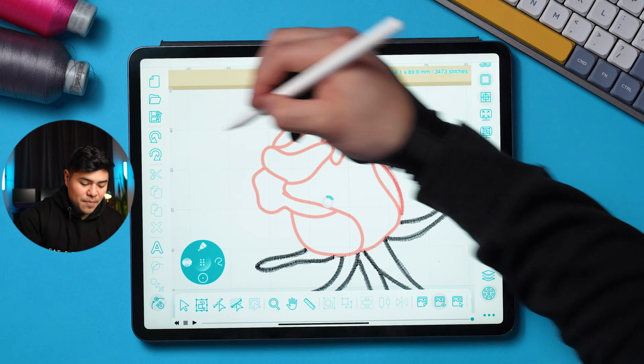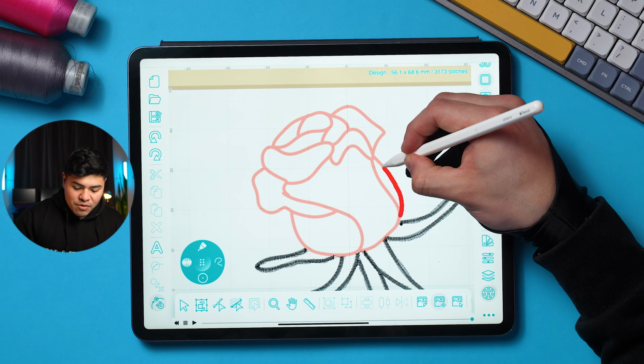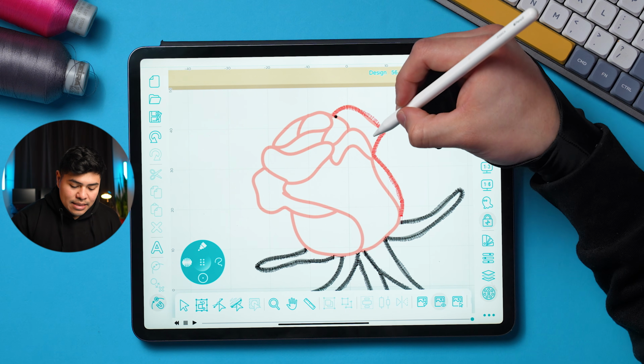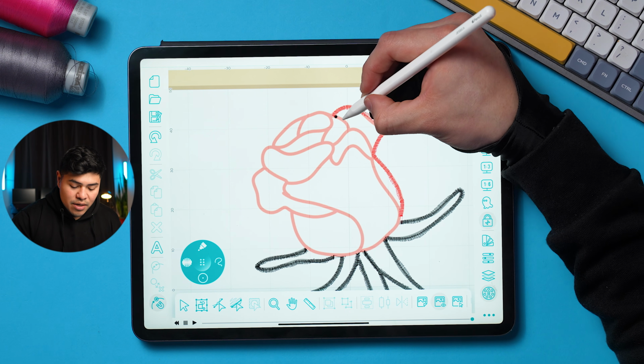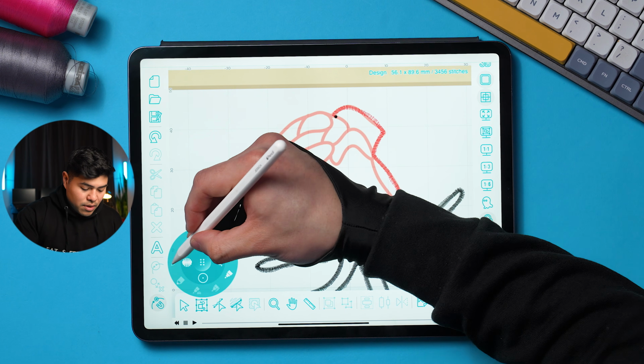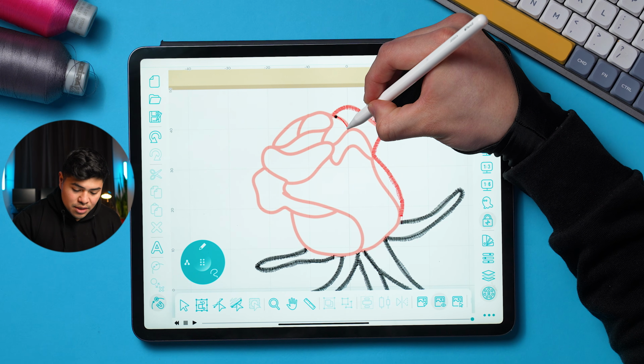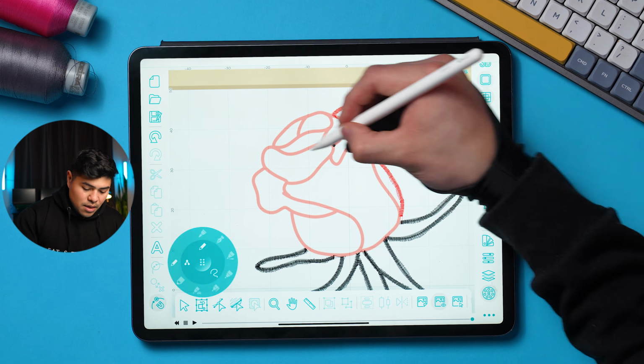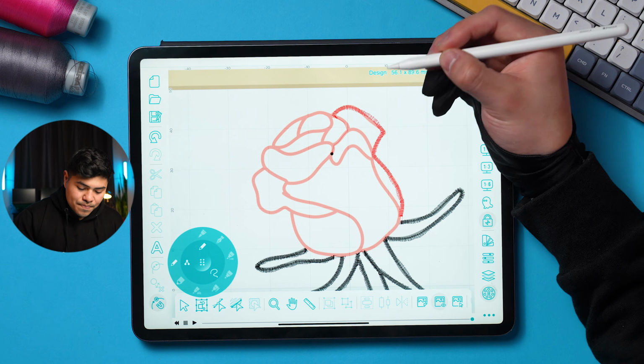This is all about experimenting, guys. So if you find that you get yourself stuck, no worries, just undo and try again. Let's try and finish this area right here. So I'm going to switch to the single stitch just so I can finish these areas right here, and maybe go,